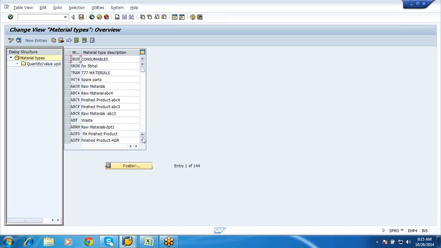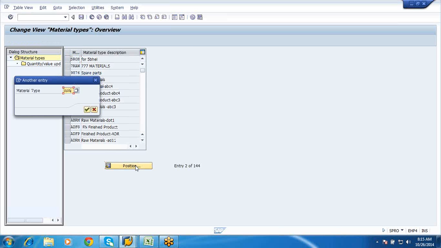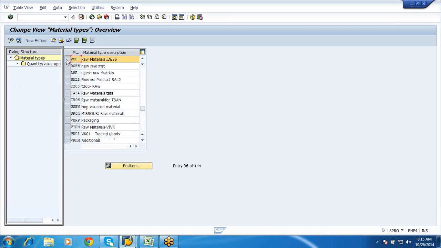Okay, so now I'll just take up one material type, say raw material. Okay, so for each of the materials they have got a code. For raw material the code is ROH. For the semi-finished the code is HALB. Okay, for the finished it is FERT. So likewise we have got different codes to identify the material types. Okay, I say ROH. Okay, so this is the standard material type. Okay, if I go to these details,